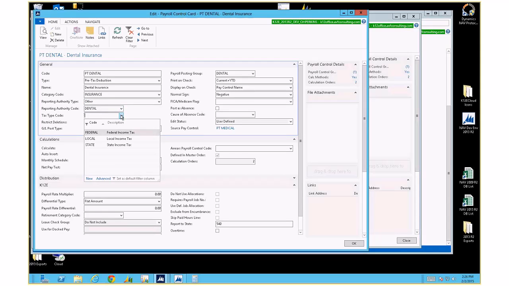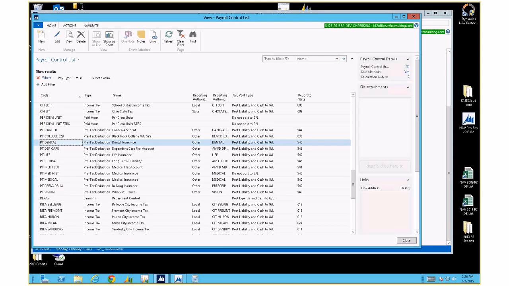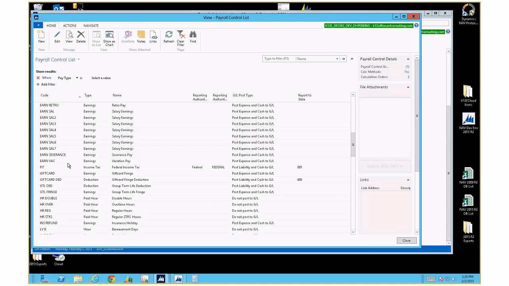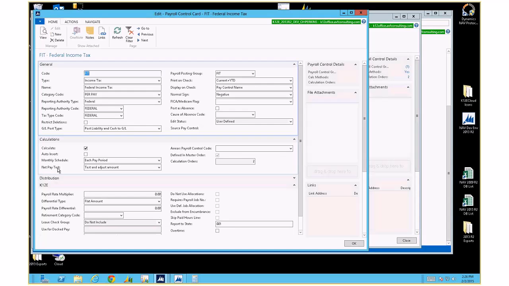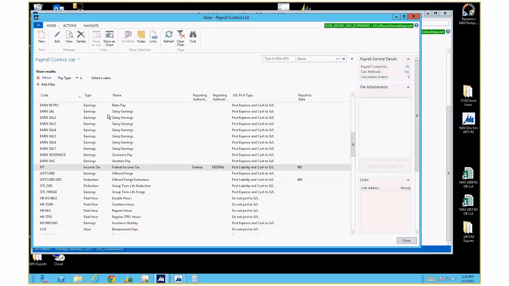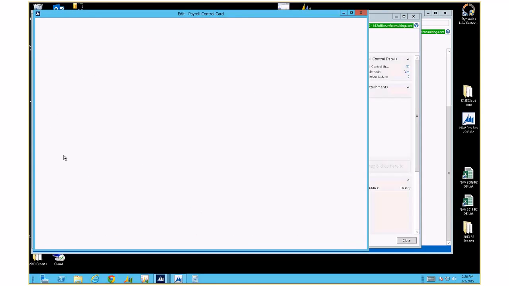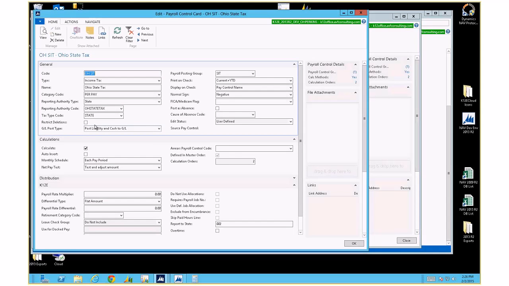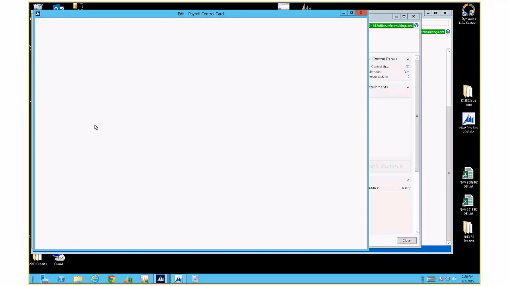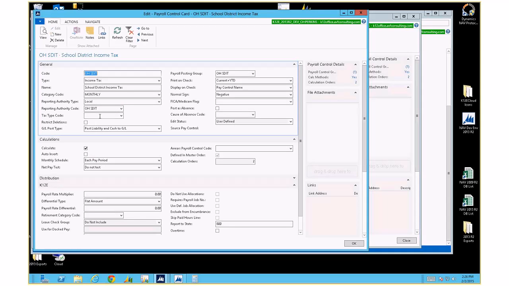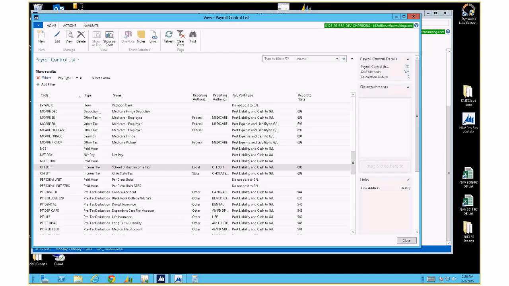The tax type code, I can't recall. Let me see what it looks up into. Federal, local, state. Yeah, I'm sure that actually is filled in. Let's look at an FIT calculation. Yeah, so it's set to federal. Let me look at your Ohio. SIT is probably set to state. And let's take your SDIT. It's not set up. And I wonder if your cities